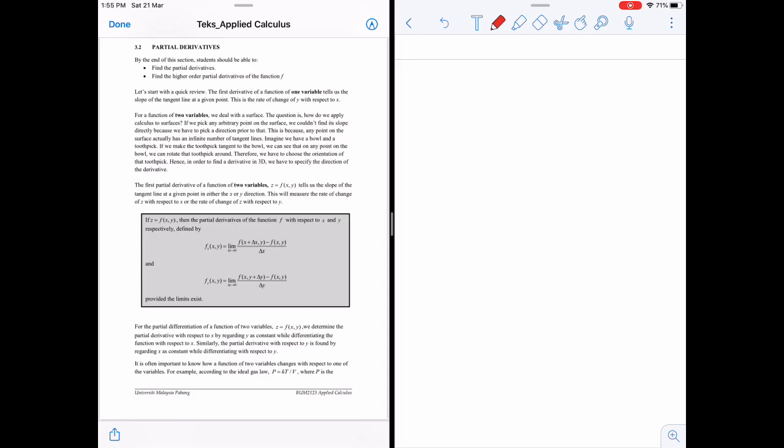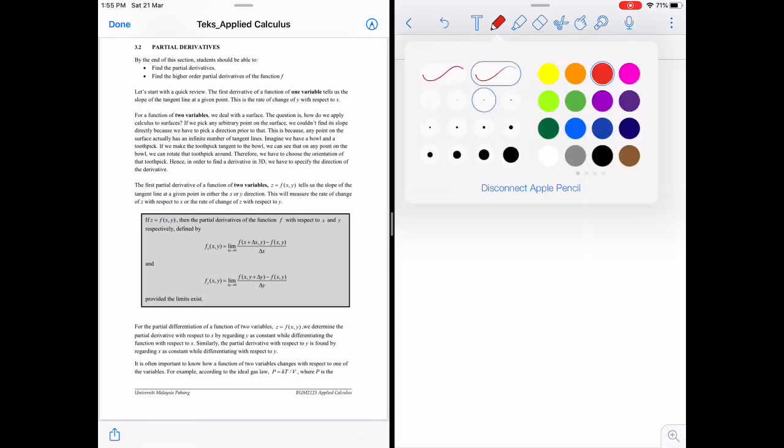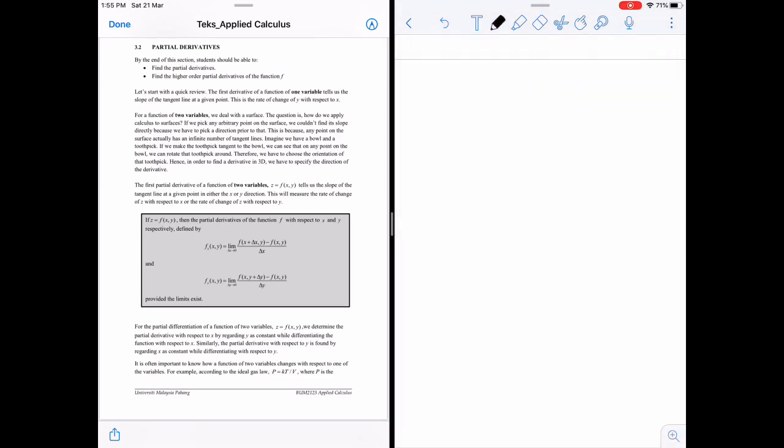Okay guys, we just learned about the first derivative of a function with one variable. So now we want to continue with the first derivative of a function with two variables. For the first derivative, we know that it represents the slope or gradient of a tangent line. So let's say we have a function of two variables,